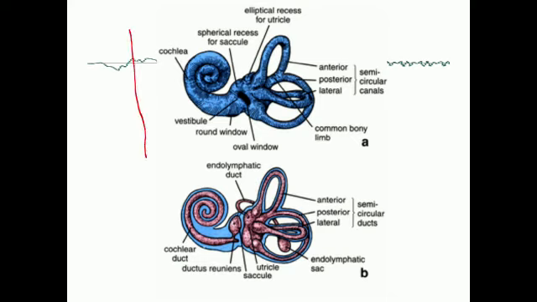Bony labyrinth contains a series of bony channels in the temporal bone, and this bony labyrinth is filled with a fluid called perilymph. This perilymph is similar in composition to that of CSF, that is cerebrospinal fluid, or extracellular fluid. The bony labyrinth encloses fluid-filled membranous tubes and sacs called membranous labyrinth. This pink color structure is the membranous labyrinth. So this membranous labyrinth is filled with endolymph. It is rich in potassium, almost similar in composition to that of intracellular fluid.